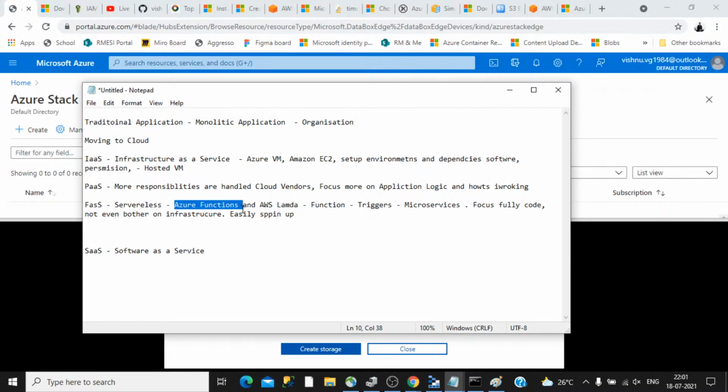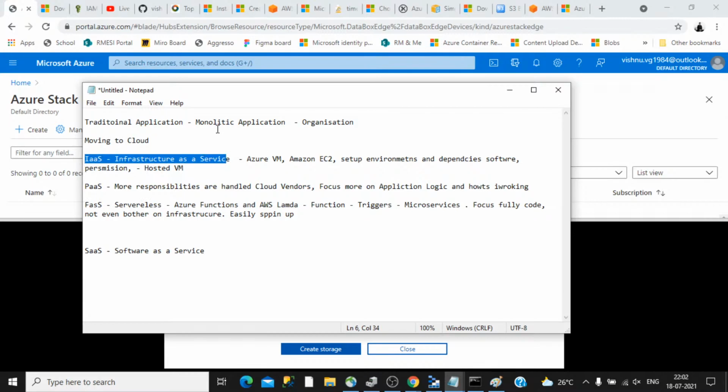You can split that into different services and put them into Azure Functions in a serverless model, so that you pay only for what you actually use and you don't have to bother about anything. That is the advantage, and this is comparatively cheaper compared to IaaS.